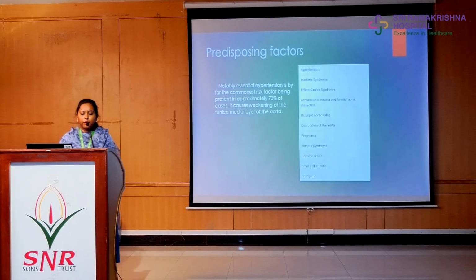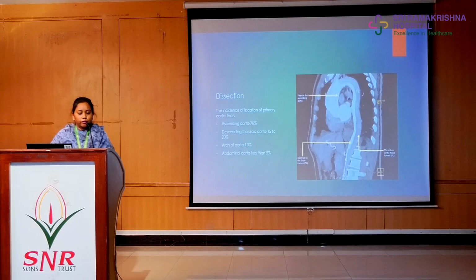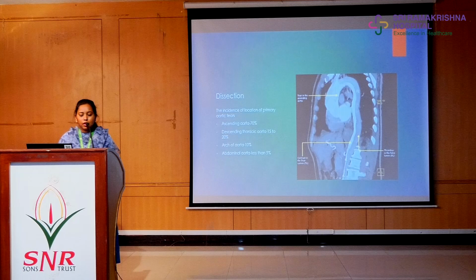Notably, essential hypertension is by far the most common risk factor, in approximately 70% of cases. The second most common are connective tissue disorders like Marfan syndrome, Ehlers-Danlos syndrome, and other aortic valvular diseases. These conditions cause weakening of the tunica media layer of the aorta. As for the location of primary aortic tears, most are in the ascending aorta, about 70%, in the descending thoracic aorta about 15 to 20%, in the arch of the aorta about 10%, and in the abdominal aorta,